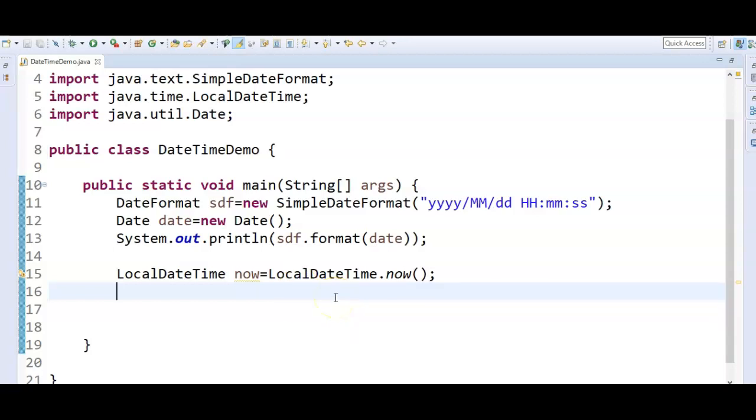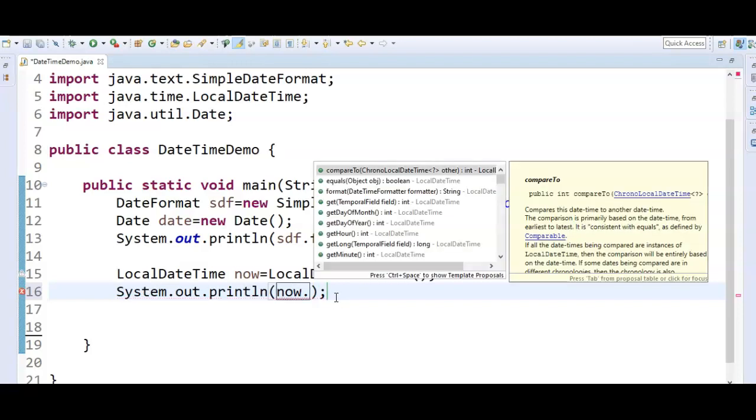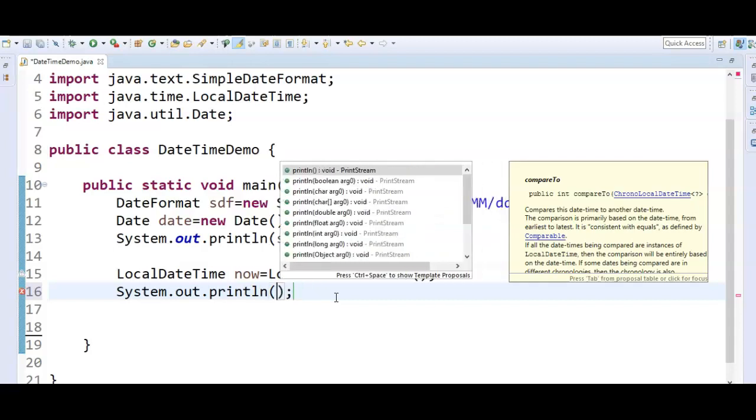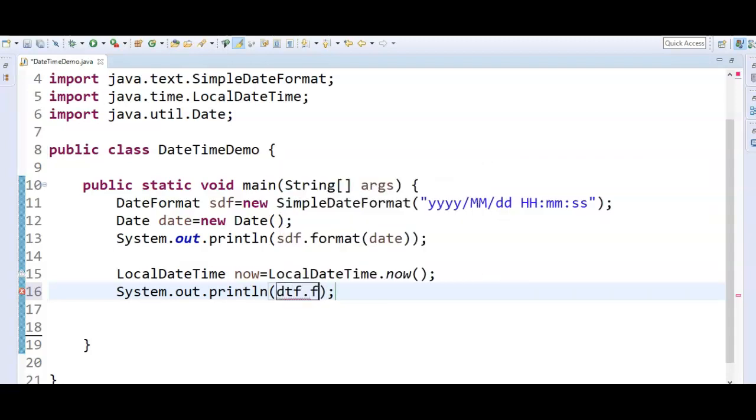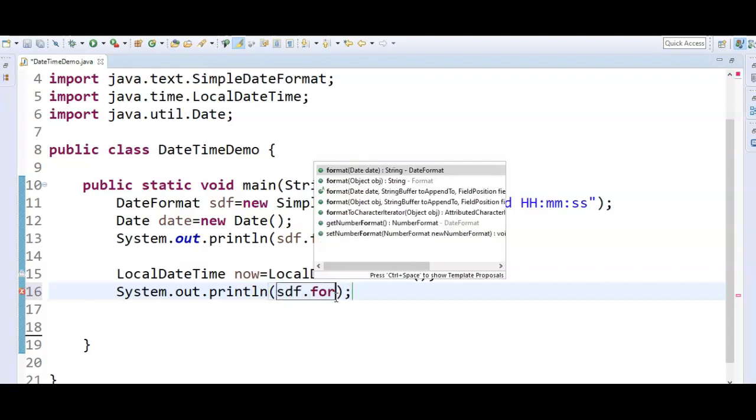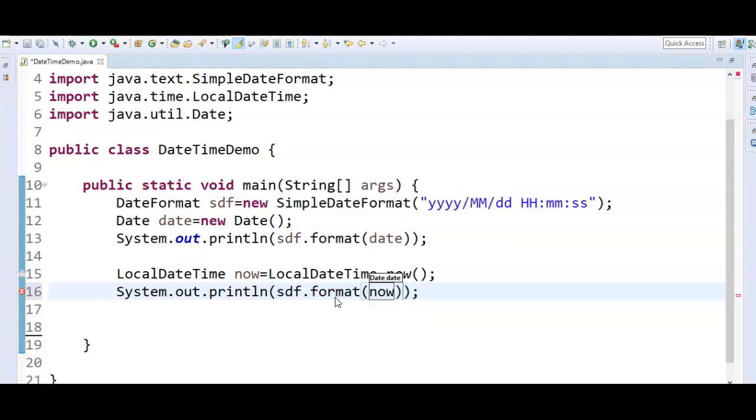Now when we say sysout, sdf.format of now, so just pass this now object to this sdf.